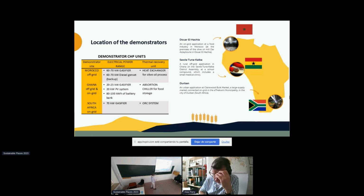The 3 demonstrators we are installing have been designed in different ways because the sites have different needs. So in Morocco, we are dealing with an olive mill. In Ghana, we're dealing with a rural area where we want to power a school, and this